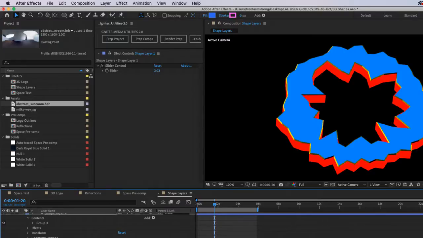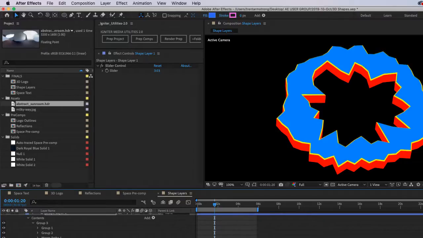Okay, so that is lighting based on the environment map, but it is not giving you any shadows, really. So let's see if cast shadows does anything.